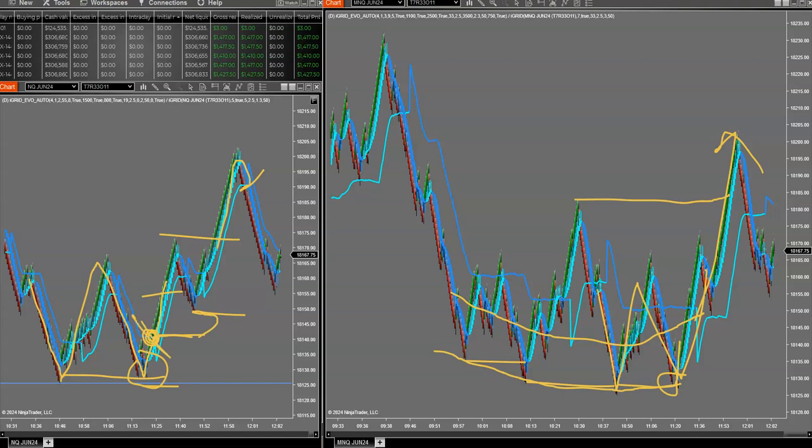On my more responsive chart, I get in. Stop, never more than most recent price pivot, plus maybe a couple of ticks. You take your shot. And then if you wanted to, you could add right here. You could add. Get the rollover, flip out your trade, or at least move your stop up.